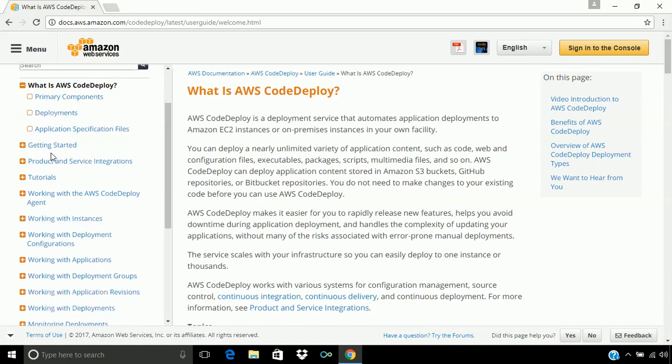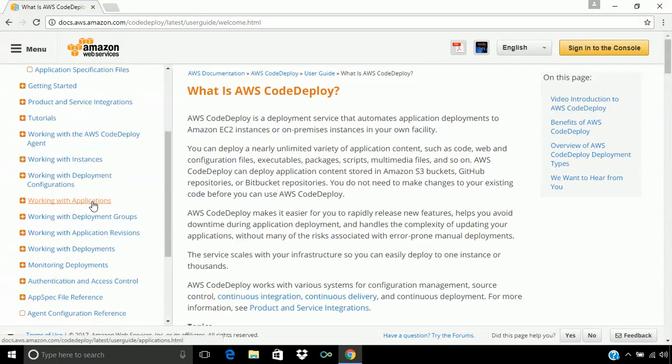We will also set up the environment to work with AWS CodeDeploy. We will also see the AWS CodeDeploy deployment and how to work with application and deployment group. We will see some labs of how to deploy from GitHub. We will also deploy an app on Windows Server for both of the deployment types, and in this lab we will see how we are working with applications, deployment groups, application revisions and deployments.